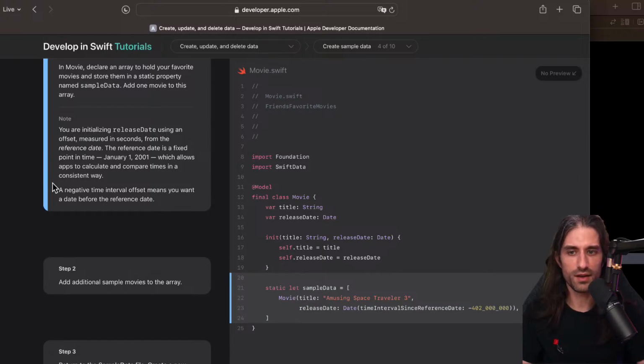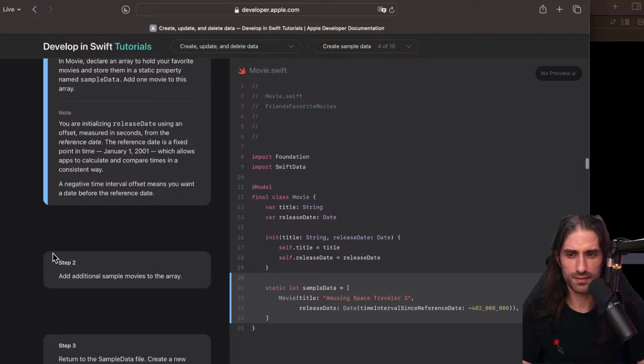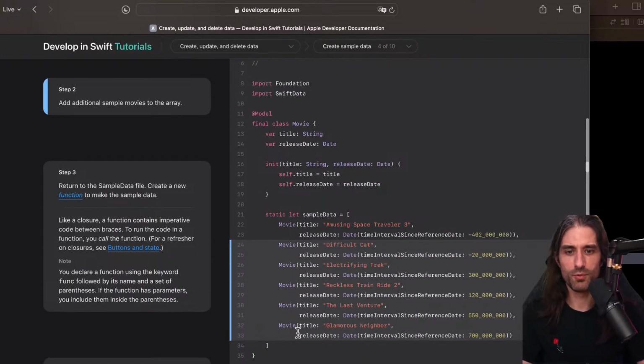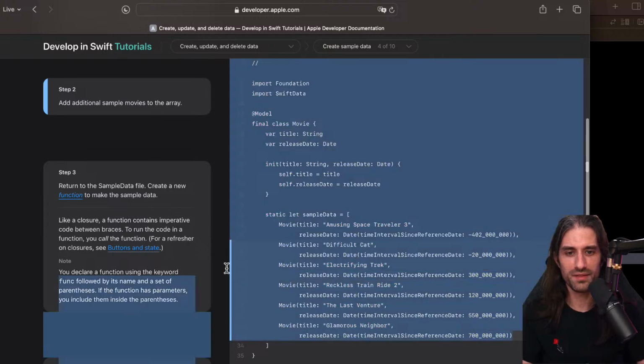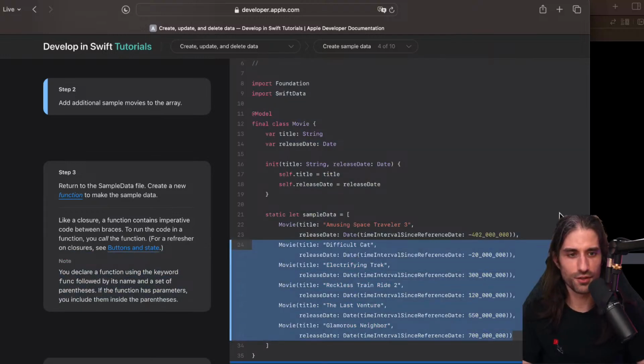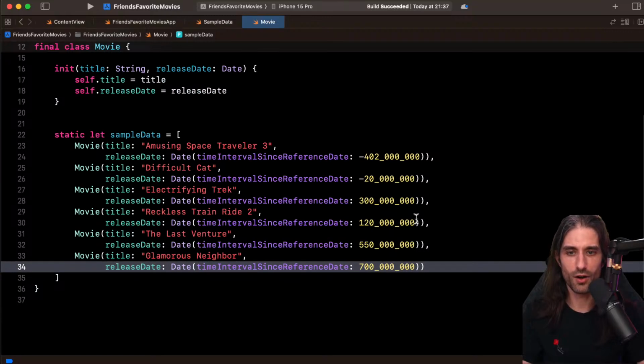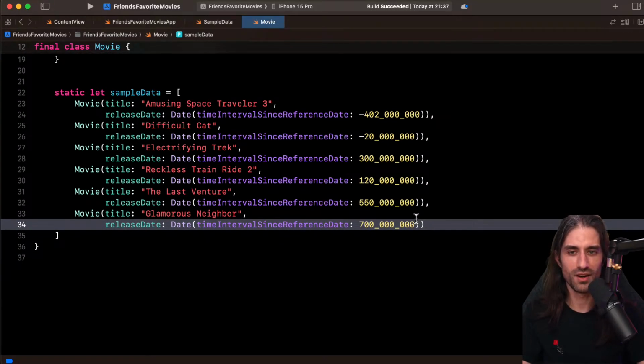A negative time interval offset means you want a date before the reference date. Okay. Add additional sample movies to the array. So we can see it's an Apple tutorial because it's not real movies, because I guess they want to avoid issues with copyright or by saying that they prefer one movie over another.